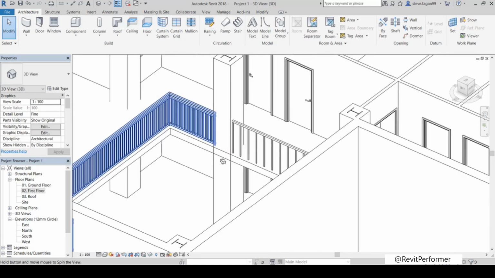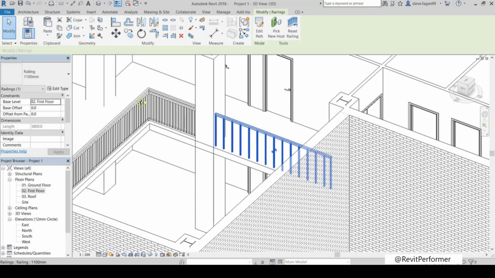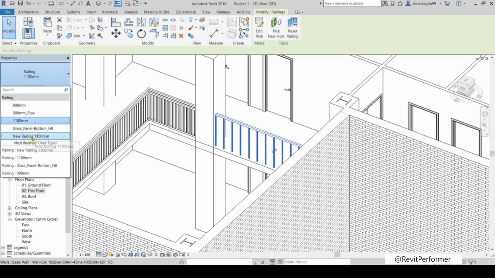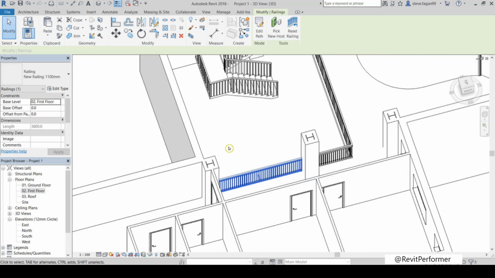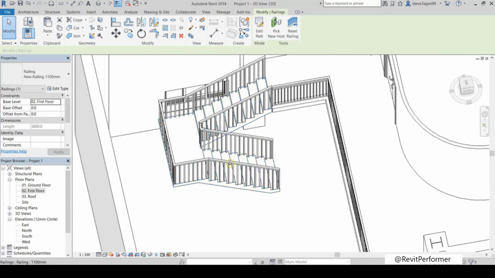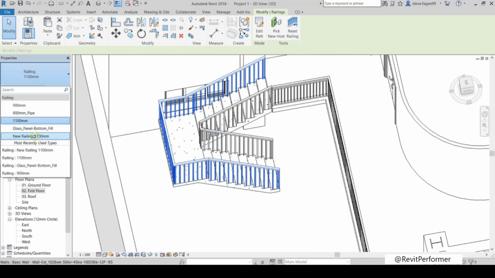There's our new rating. To change over the other rating, again, we'll just select it, go to our type selector, and change it over to the new one. And for the stairs, again, we can select the rating, change it over,